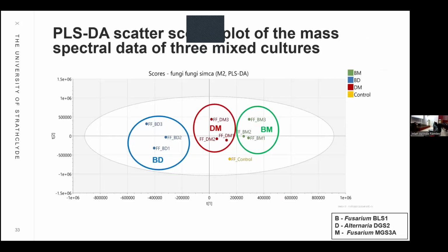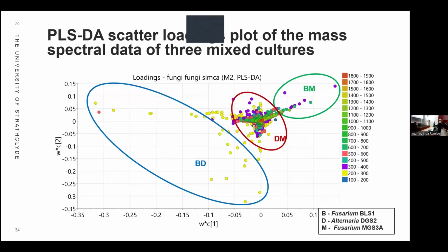So here's the multivariate analysis. We can see here that two species were actually offering better diversity. Okay, but this one in the middle, it seems that it's not really that diverse. It's producing the same combination of metabolites from one certain species. Okay, so BG is actually a combination of Fusarium and Alternaria, and BM is a combination of two Fusarium species. Okay, now this is the loading plot to be able to define what type of metabolites is actually being produced here between the two diverse